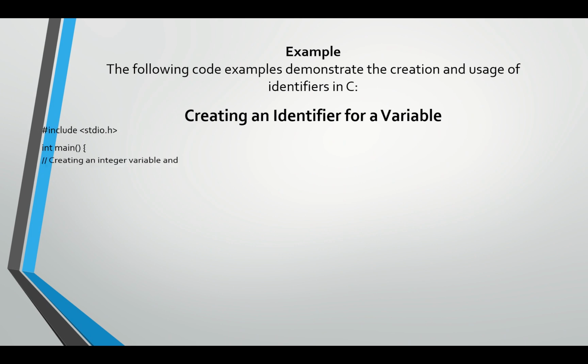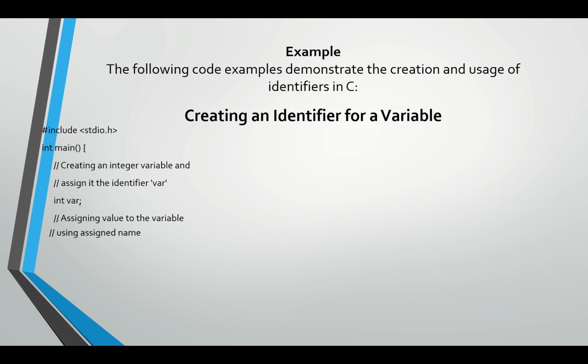Now, next, the following code examples demonstrate the creation and uses of identifiers in C. Creating an identifier for a variable, let's say, we include the normal procedure. Here we declare a variable named var, and it is an integer data type. In the next part we assign the variable var equal to 10, and in the next part we print the value of var